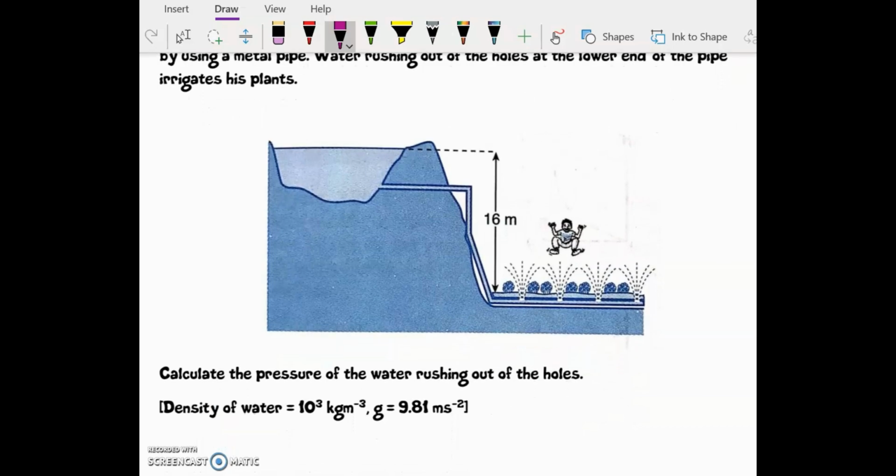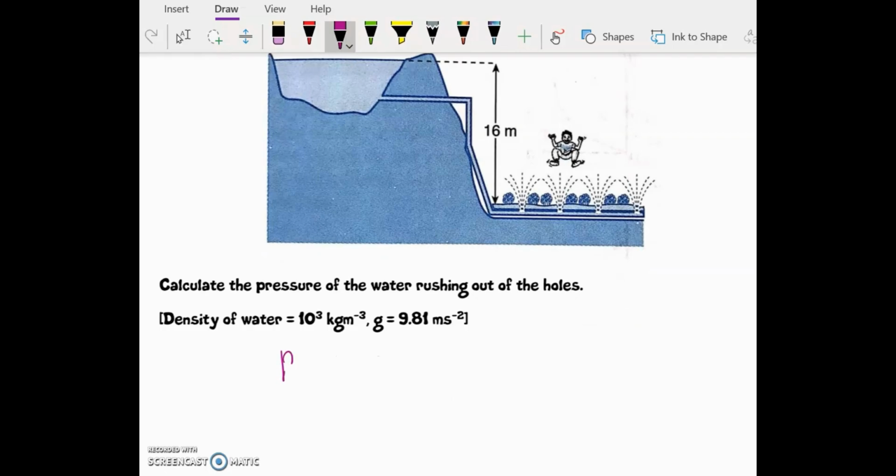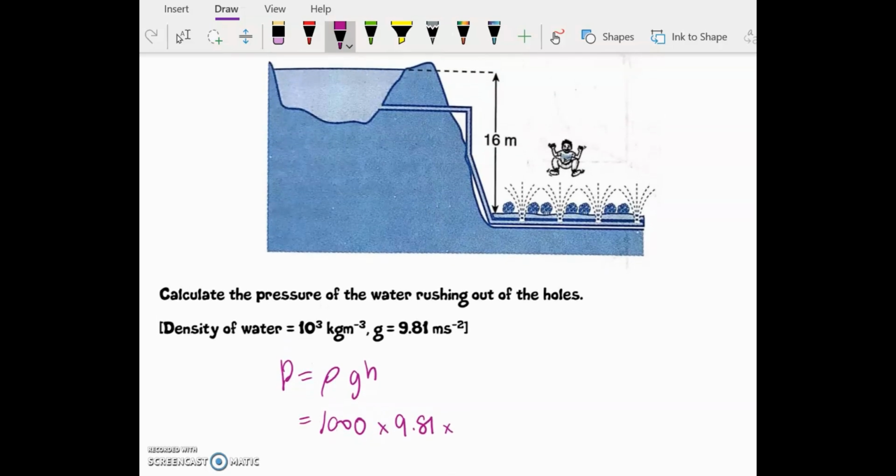Calculate the pressure of water rushing out of the holes. The pressure of water rushing out of the holes can be calculated using the formula P equals rho g h. Rho is the density of water, which is 1000 as given, times gravitational acceleration 9.81, times height. The height here is the height from the surface of the pond, which is 16 meters, and you will get